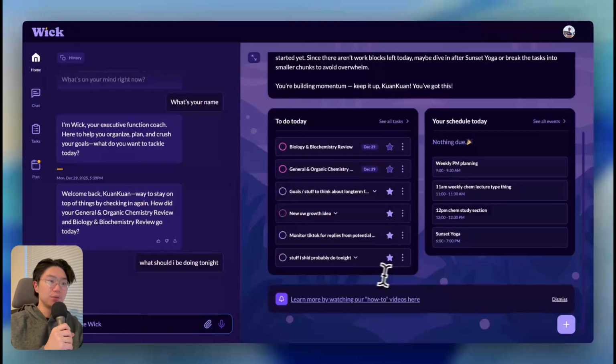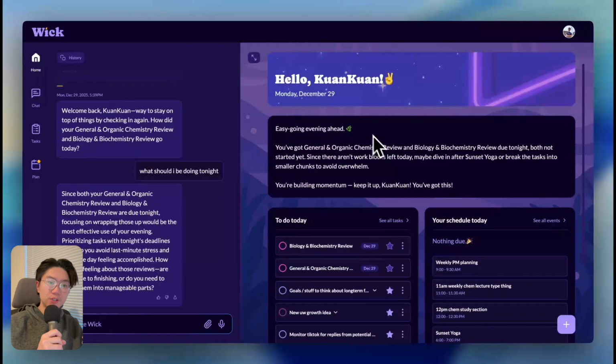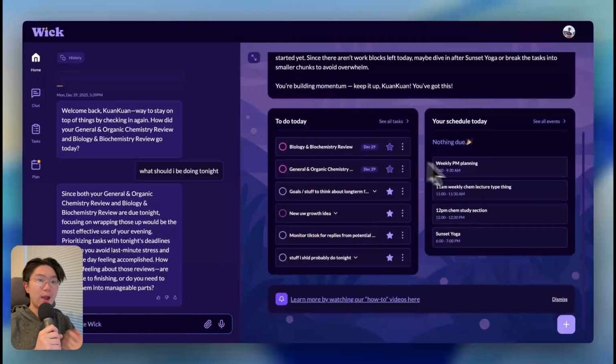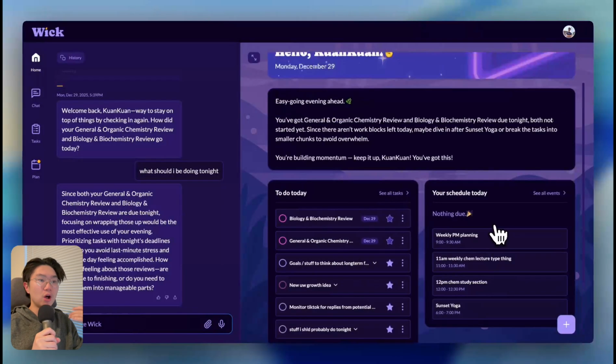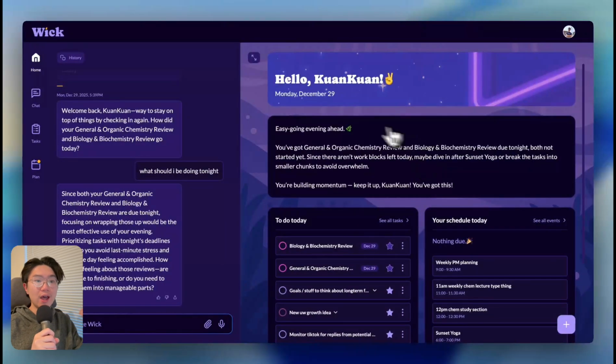Hey, so if you're a student in college or high school, then maybe you're using Schoology or PowerSchool to manage your assignments. And the cool thing is that you can sync your assignments and school stuff over from Schoology to the Wick app. And this way, you can have all of your school stuff and your external non-school events all